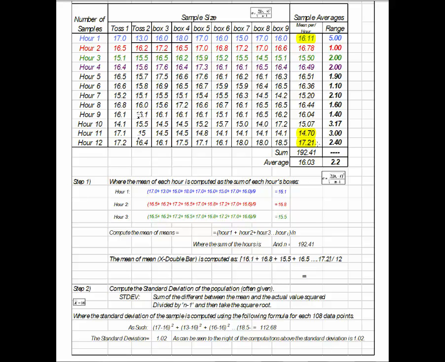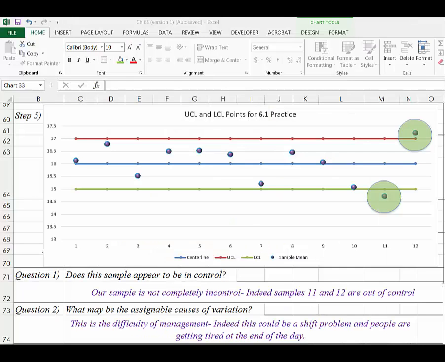There I've graphed all the points, and I can talk about each point and where it fits within an upper and lower control limit. The final bit of this video or this concept is these last two questions, questions 1 and 2. Does the sample appear to be in control? So I mentioned this a minute ago. Our sample is not completely in control because indeed samples 11 and 12 are out of control. We notice that both because they're outside of our upper and lower control limits, and if we look up above,